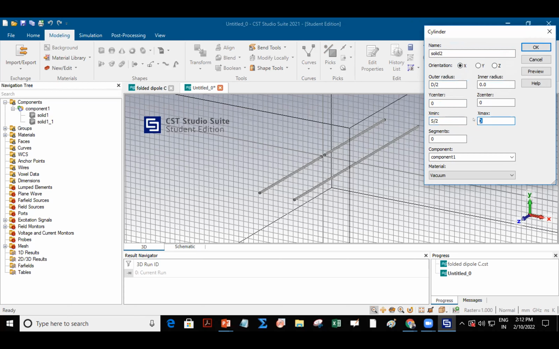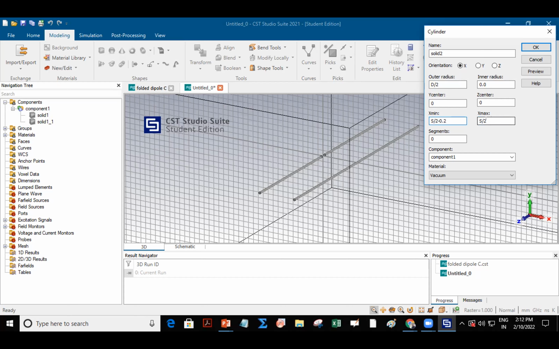Yes, and s by 2 we want to keep oriented, x minimum s by 2 plus of s x direction, no? So it will be minus of 0.2,